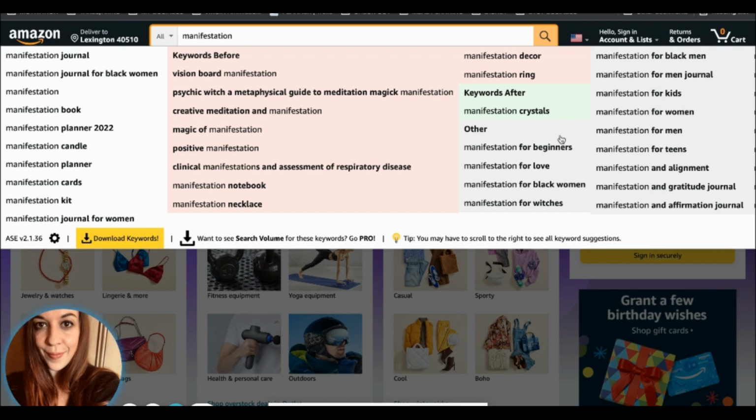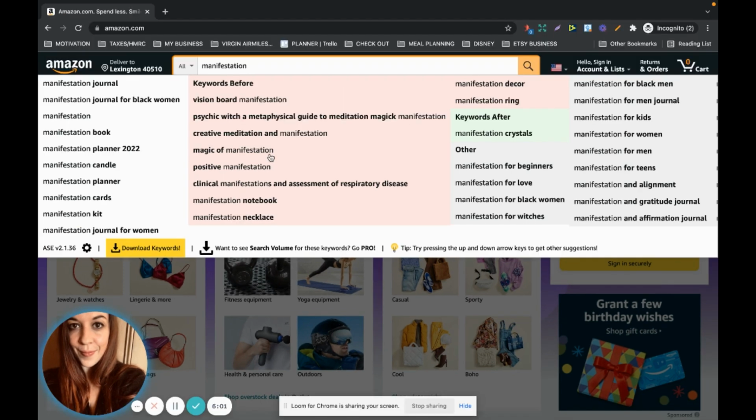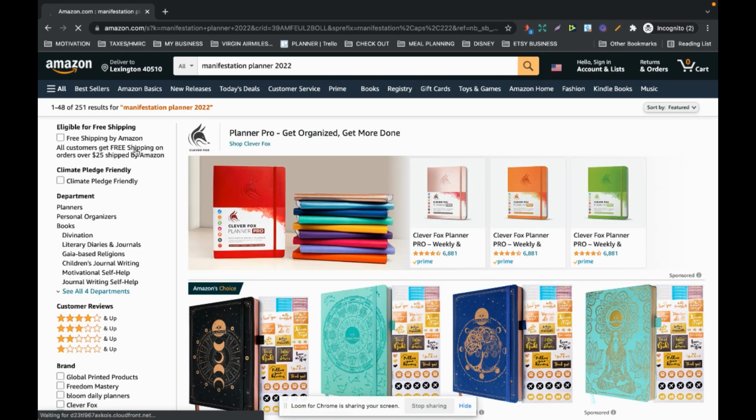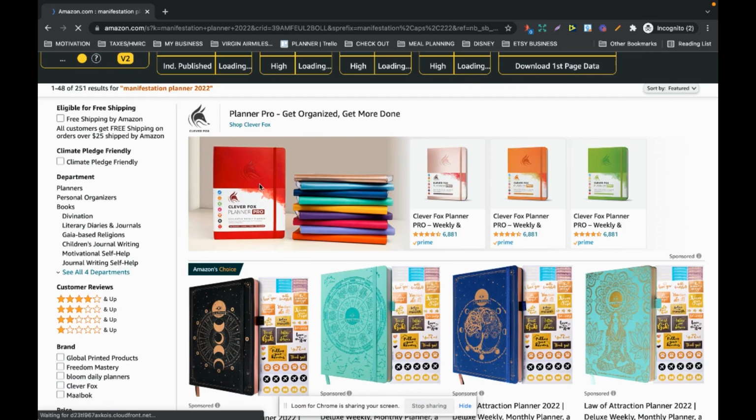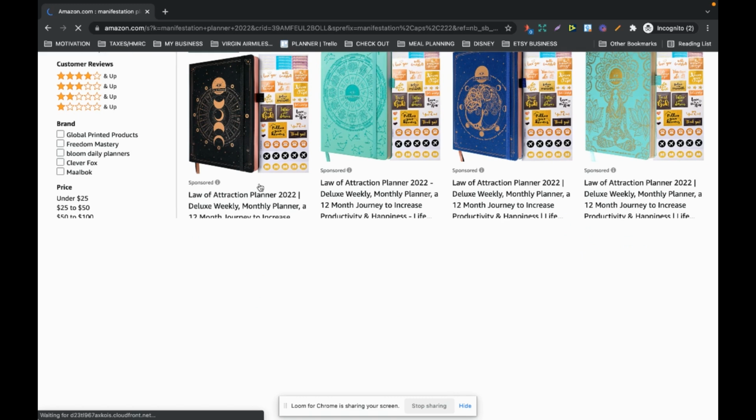So I highly recommend you get the AMZ extension expander. It's totally free. We are going to just look at Manifestation Planner 2022. Even in all, there aren't very many results showing here, saying 251, which obviously is not very much. But if we look on the first page,